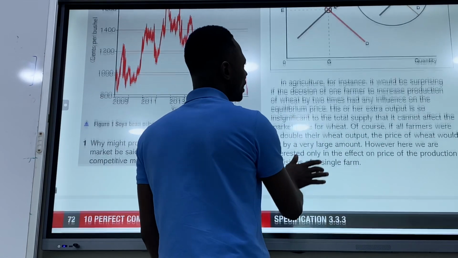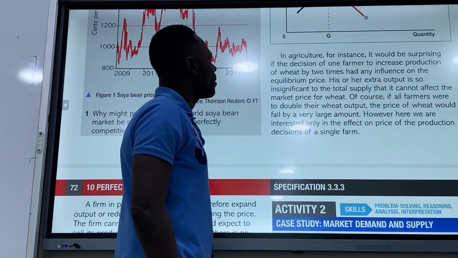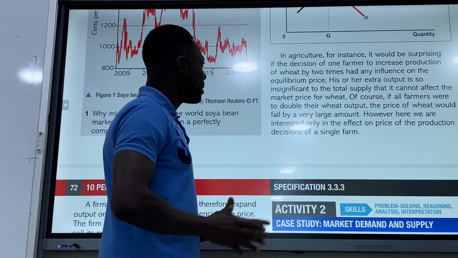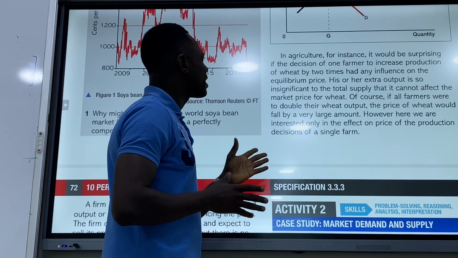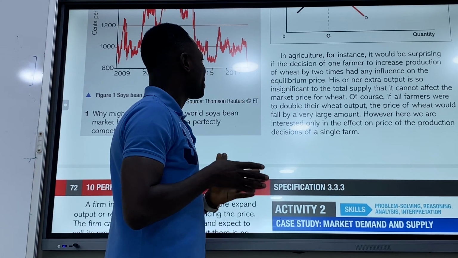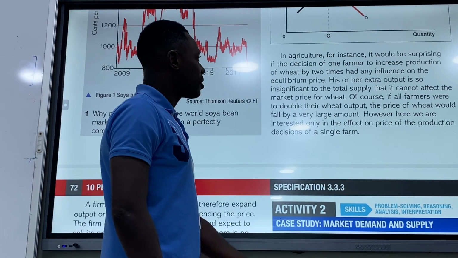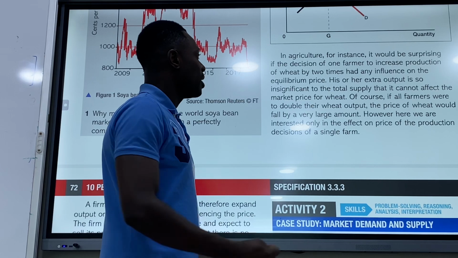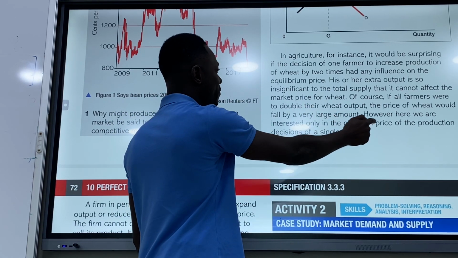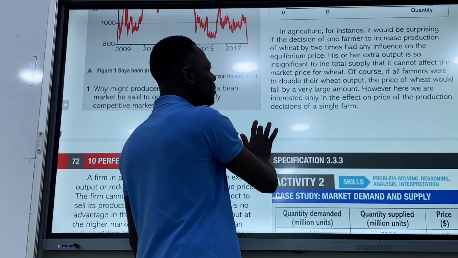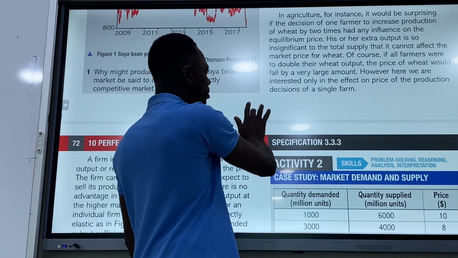In agriculture, for instance, it would be surprising if the decision of one farmer to increase production of wheat by 2 times had any influence on the equilibrium price. This extra output is so insignificant to the total supply that it cannot affect the market price for wheat. Of course, if all farmers were to double their wheat output, the price of wheat would fall by a very large amount. However, here we are interested only in the effect on price of the production decision of a single